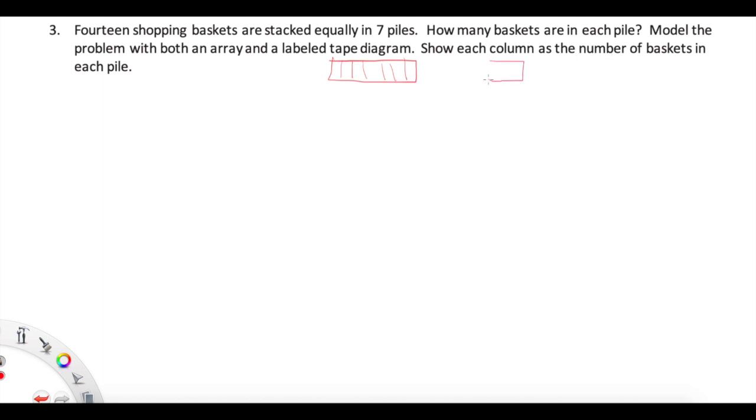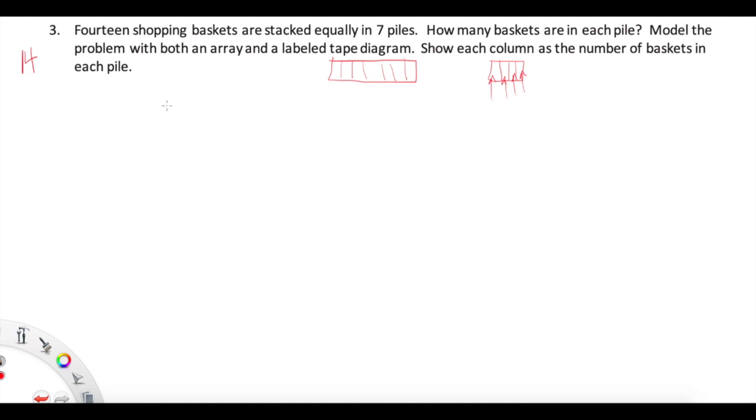Wow. I remember columns are arranged like this. There's a column, there's a column, there's a column, and there's a column. Cool. This looks like these are all things that we can do pretty easily together. So 14 looks like this. We need 14 shopping baskets stacked